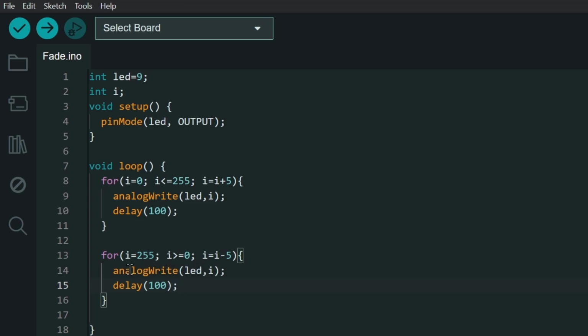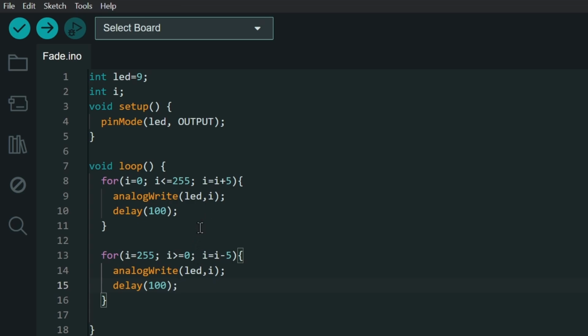So that means at first the LED will get the value of 255, that means the LED at its full brightness, and then it will continuously decrease the value of I in the analogWrite. Thus the LED light will decrease its brightness, and each step will happen after 0.1 second or 100 milliseconds,